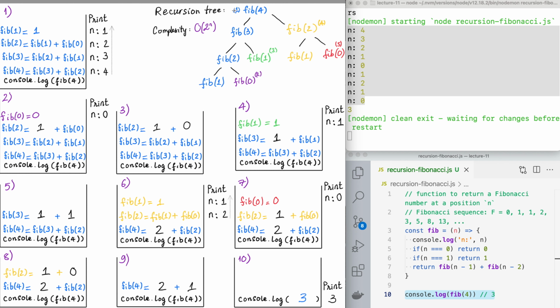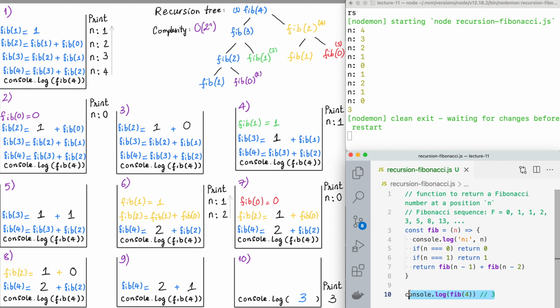You might notice I already wrote down the sequence of which fib is gonna get called first, and I also color coded in blue, purple, green, yellow, and red. So it's gonna go like this: 4, 3, 2, 1, 0, 1, 2, 1, and then 0. Why do fib functions get called in that sequence? Let's have a look at our call